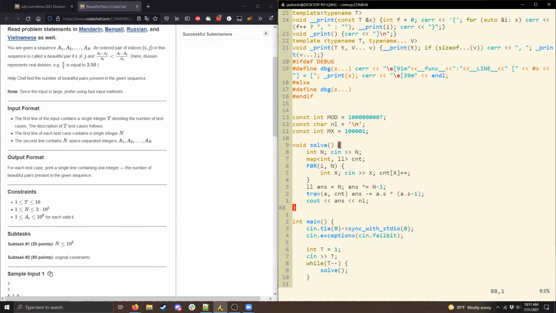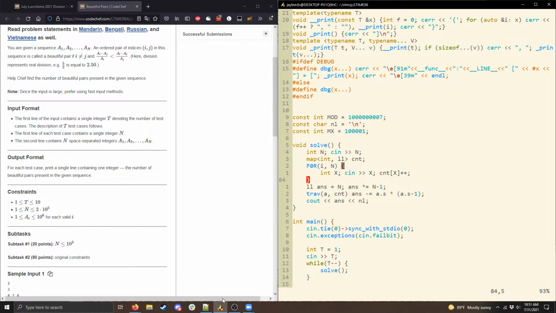Hello World asks, what's the time complexity of my solution to beautiful pairs? So the complexity is n log n per test case. And the reason is that we are basically just iterating or adding n elements to a map. And adding to a map is O of log n, or editing a map in general is log n. And so the complexity overall is n log n.